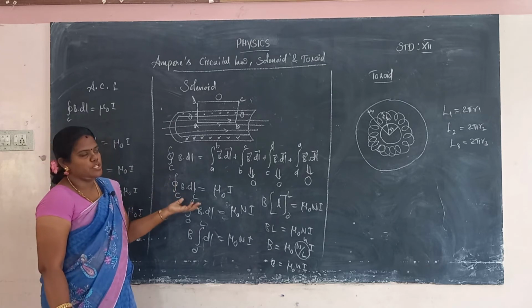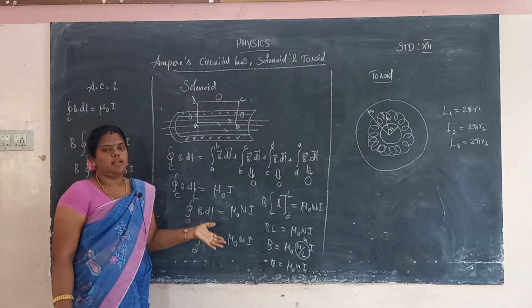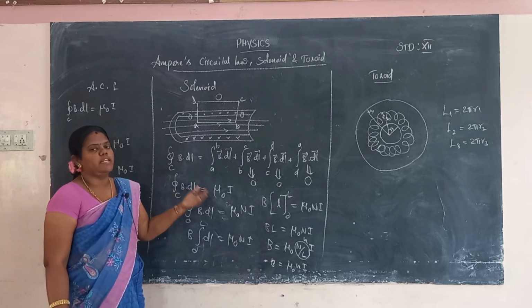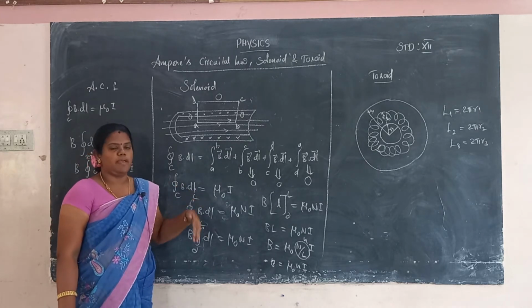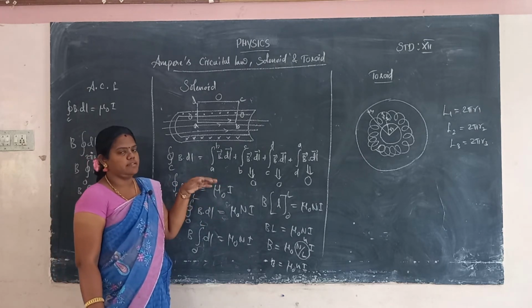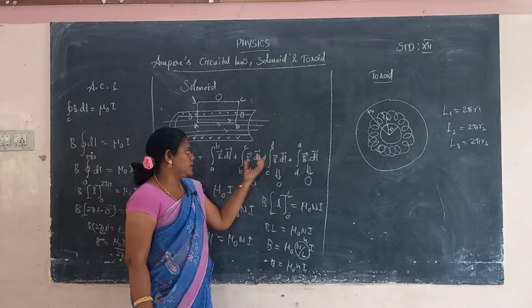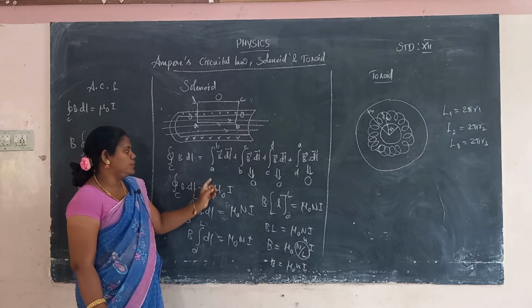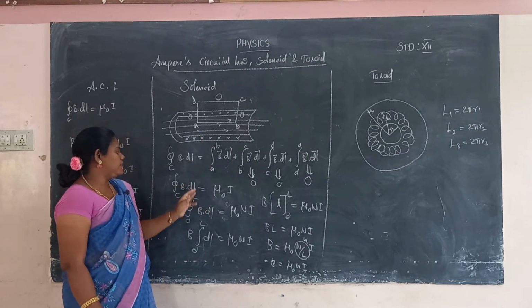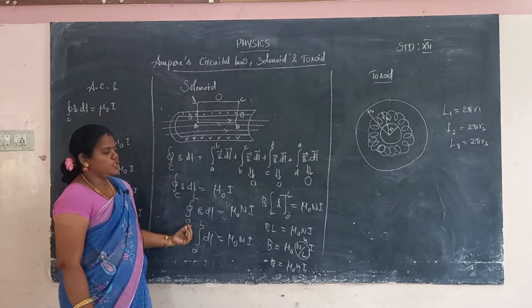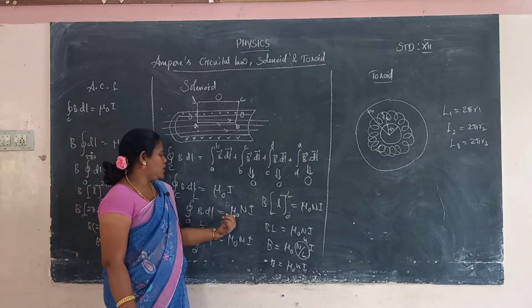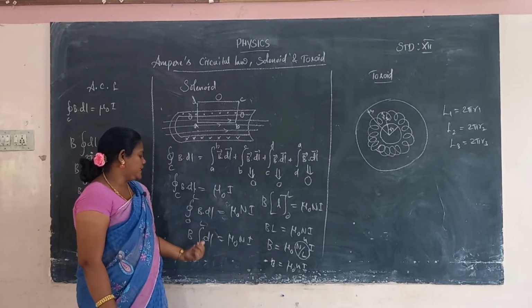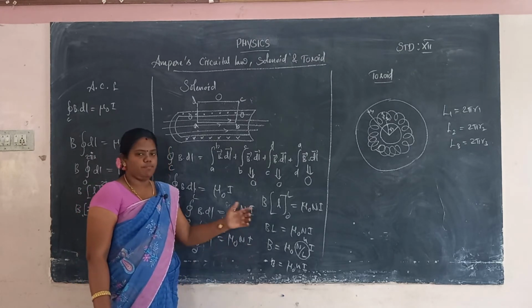Which terms will be 0? Any current element that is perpendicular to the magnetic field gives 0. Any element that lies outside of the solenoid, where the magnetic field is 0, also gives 0. So three terms will be 0, and by applying Ampere's circuital law, the closed integral of B dot dl is equal to mu naught I. Applying the limit 0 to L, B dot dl is equal to mu naught N into I, and B is taken outside: B into the closed integral from 0 to L of dl is equal to mu naught N into I, clear?